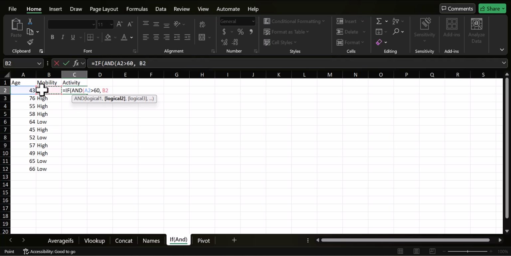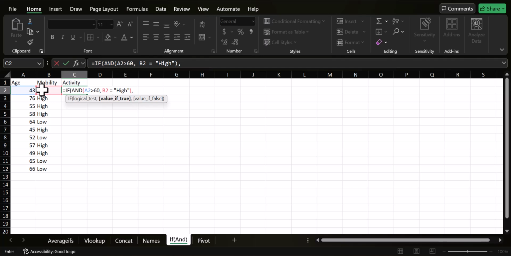If this, so if the mobility level is high, and then make sure you're doing the correct capitalization and everything like that. So that's our and statement. So we're saying if both of those things are true, so if age is both greater than 60 and mobility level is high,